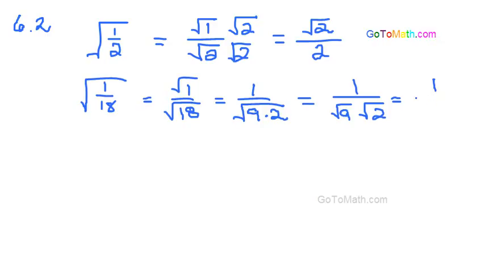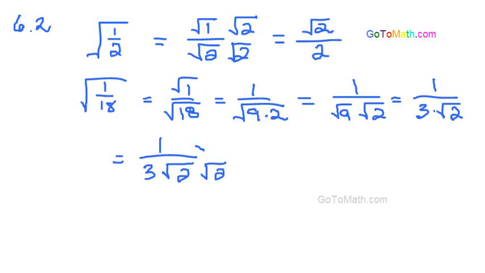And so now we can write 1 over, and the square root of 9 is 3, times the square root of 2. But we're not done. So I got to get rid of this radical. We're trying to rationalize the denominator. So we're going to multiply the denominator by the square root of 2, and then the numerator by the square root of 2. So this is 1 times the square root of 2